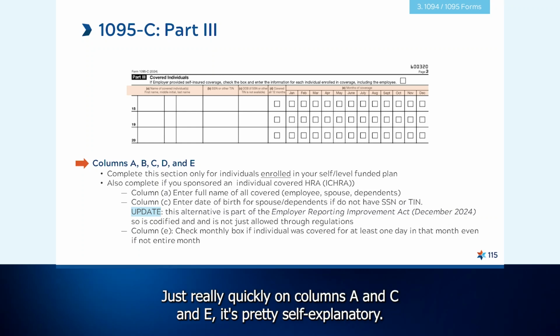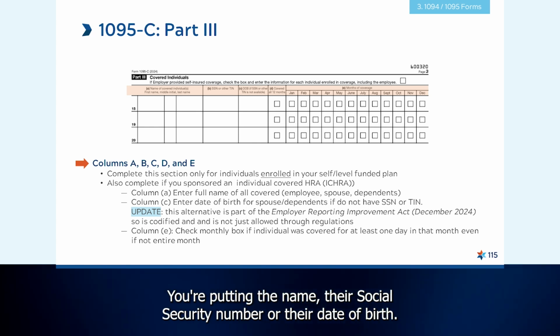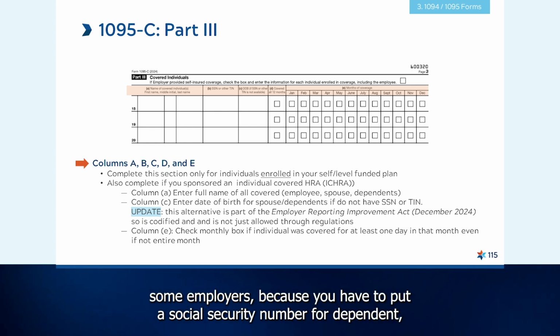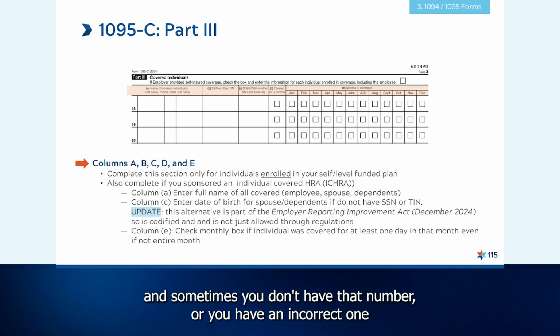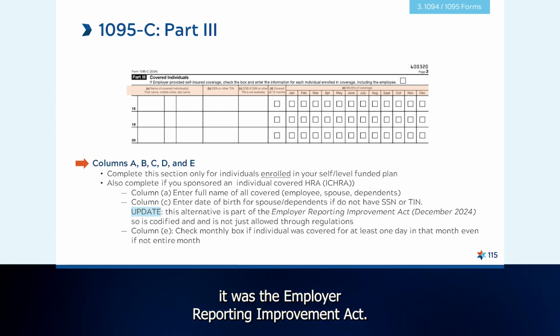Just really quickly, columns A and C and E are pretty self-explanatory. You're putting the name, their social security number, or their date of birth. Here's a big change too. This was a big pain point for some employers because you have to put a social security number for a dependent, and sometimes you don't have that number or you have an incorrect one. One of the laws that was passed in December, the Employer Reporting Improvement Act,